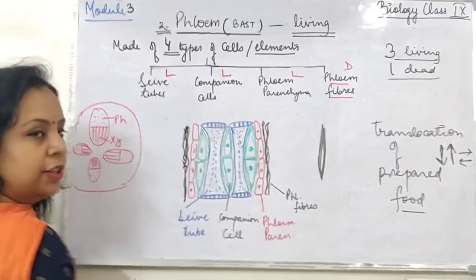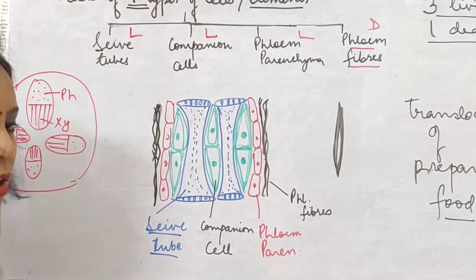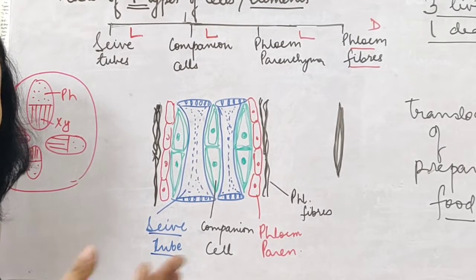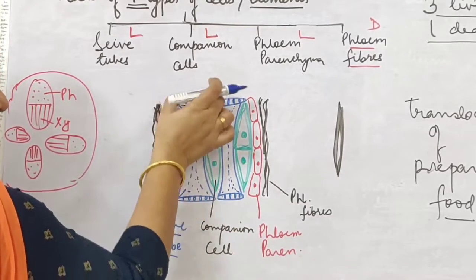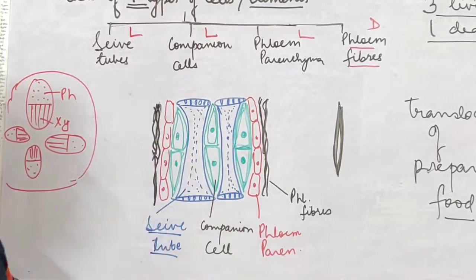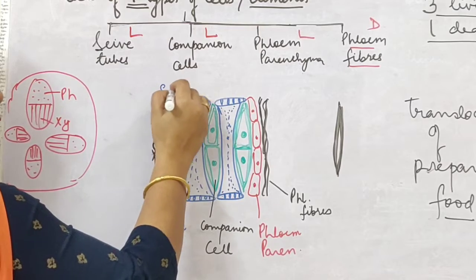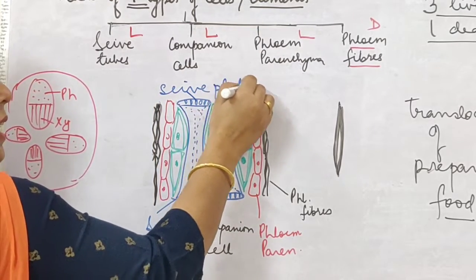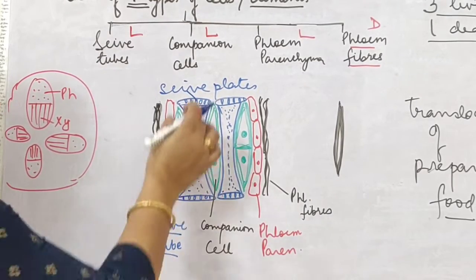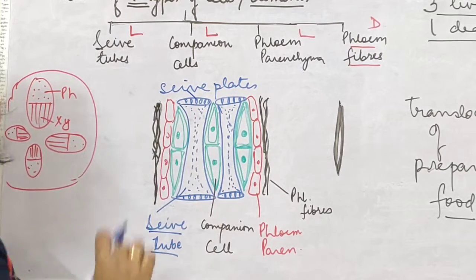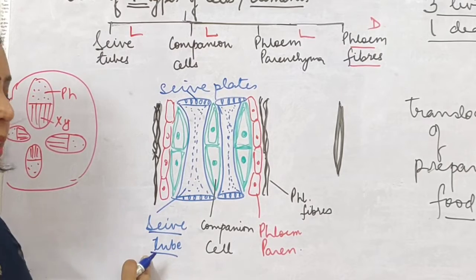The blue cell that shows over here is the sieve tube. Now the word sieve, what does it mean? Something which filters, channi. If you see over here, the top part of the cell has perforations, gaps, and they are known as sieve plates. Just like your mother uses a sieve or strainer in your kitchen to filter the substance, similar is the structure. And over here they do not have a nucleus. The nucleus is lost over a period of time, but this does not mean that they are dead.